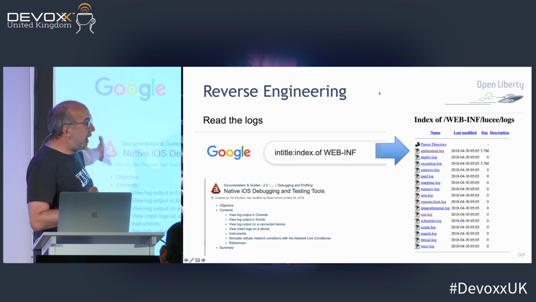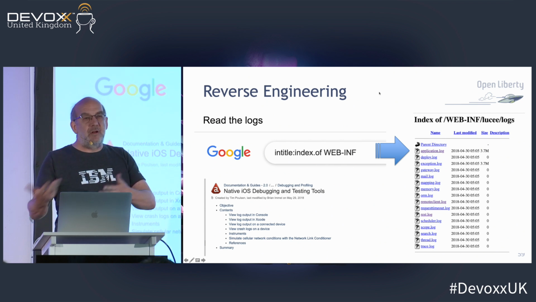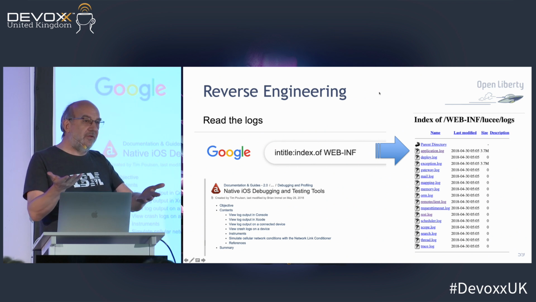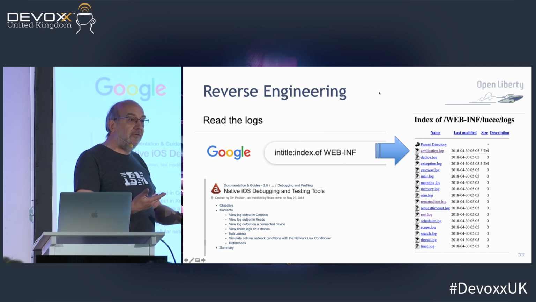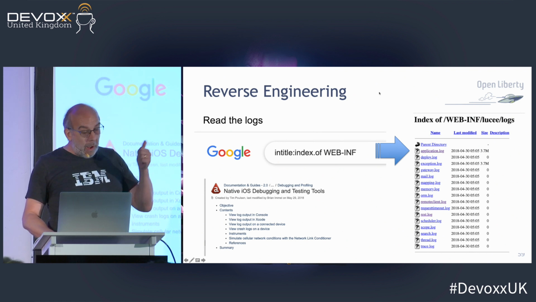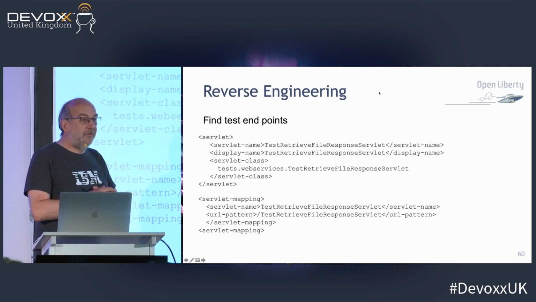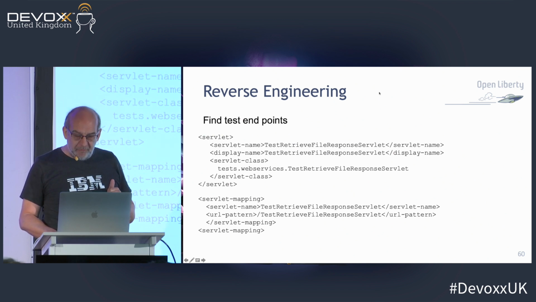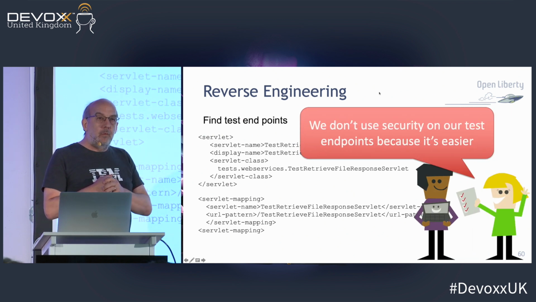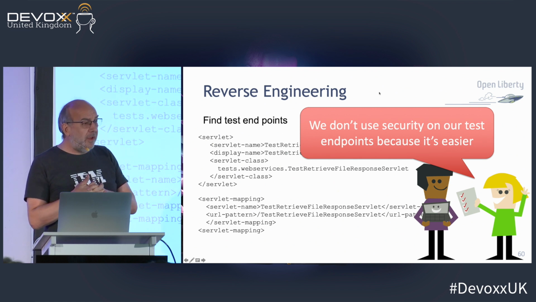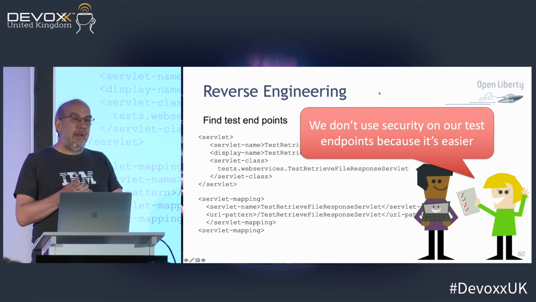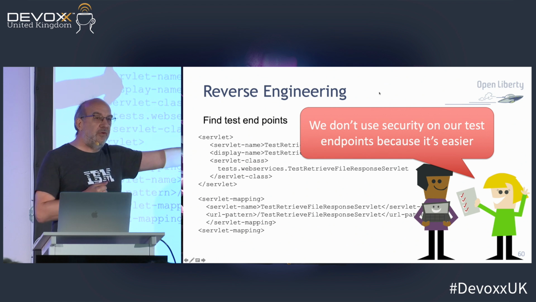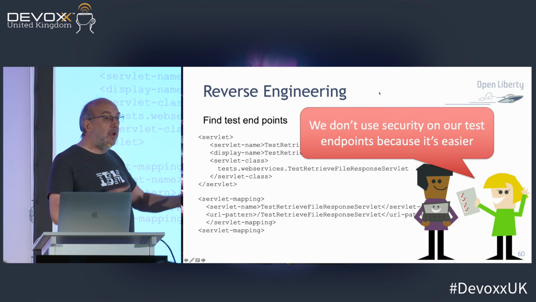Okay, and I can even get at the logs if you've got an iOS device or an Android device, you've got logs on the phone, I can get at those too, can't I? Because as developers, you put debug information in this stuff, and as a bad guy, I can make use of it. I can find test endpoints just by looking for certain files in Google. This is really cool, right? I've had conversations with people about this before, and people say, we don't use security on our test endpoints because it's easier to test that way. Okay, and then unfortunately your test endpoints get published and get discovered, and now people have got a way into your system by calling your test endpoints, which you don't have security on.